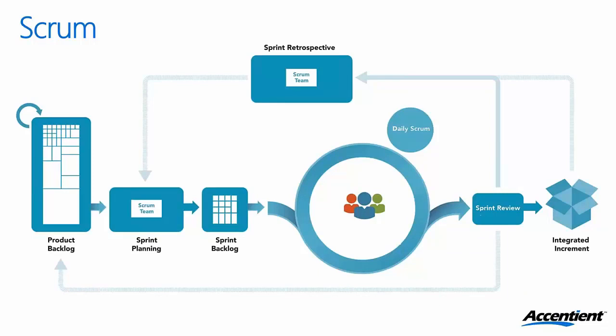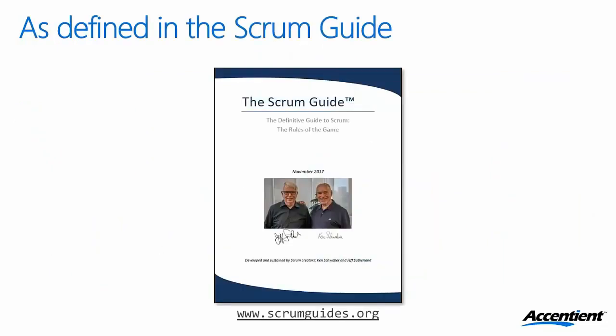It's the roles, the 3 colored people there in the middle of the big circle. The red represents the development team, the 3 to 9 technical people that actually do the work. Blue is the Scrum Master who looks after the team and trains and collaborates with the team on the Scrum rules. And the green is the product owner role. And then there's the different events, the different meetings. All of this is defined in the Scrum Guide, and you can find the Scrum Guide in your favorite language, even an audio version at scrumguides.org.